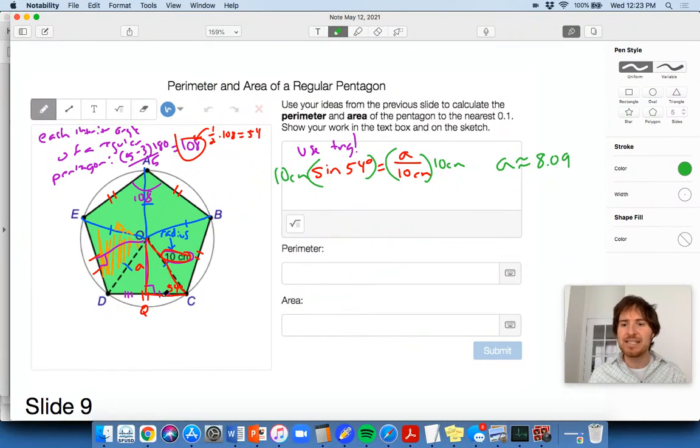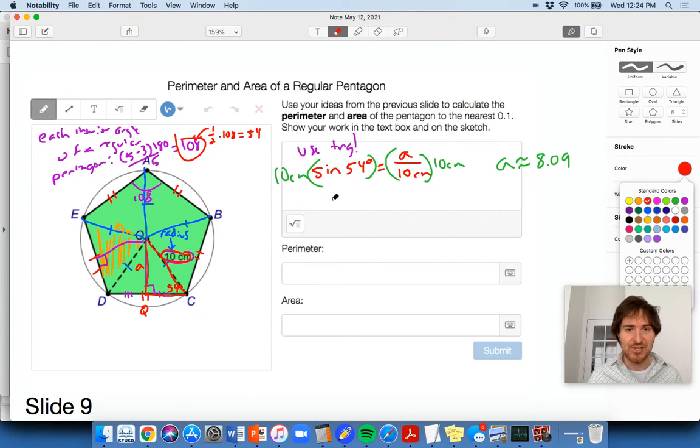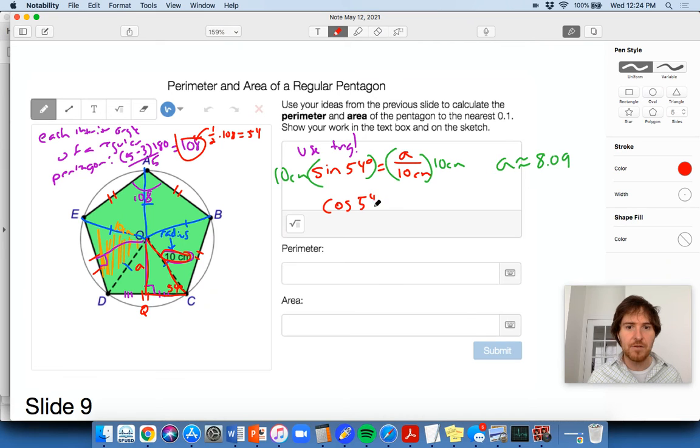What else do I got? I want to get QC here now. What am I going to use to get QC? Well, I'm just going to use cosine, right? Because cosine of 54 degrees, this 54 degree reference angle here, its adjacent side is QC. So it's half of the length of one of the sides of the regular pentagon here. Cosine of 54 degrees equals segment QC over 10 centimeters. And we're going to do the same thing. Multiply both sides by 10 centimeters. Cosine of 54 degrees times 10 centimeters,